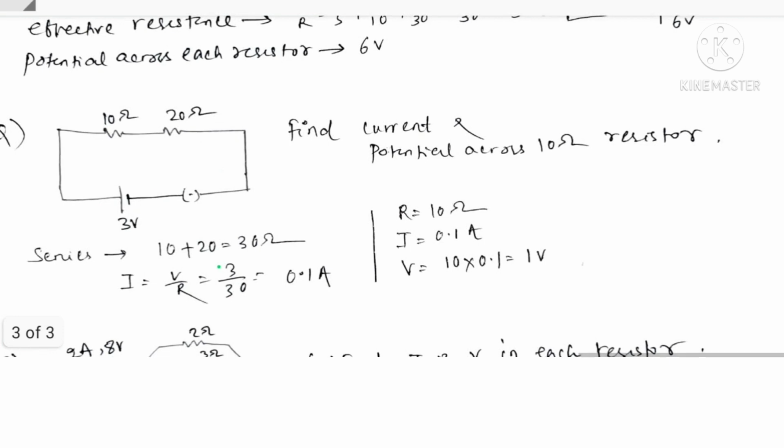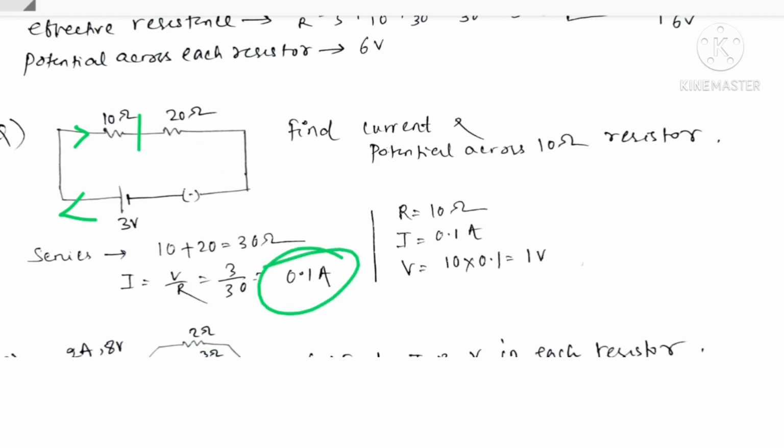Now next, here 10 ohm and 20 ohm with a 3 volt battery, they are connected. We have to find the current and potential across 10 ohm resistor. Okay, so in series combination equivalent resistance is 30 ohm, total potential 3 volt, total resistance 30 ohm, so total current is V by R, 3 by 30, and that is 0.1 ampere. Now whatever may be the current here, the current will be same across 10 ohm, current will be same across 20 ohm. Series combination, current remains same. So current across 10 ohm we got 0.1.